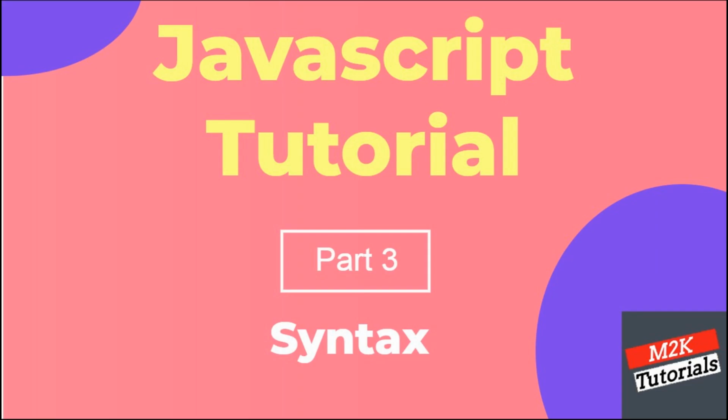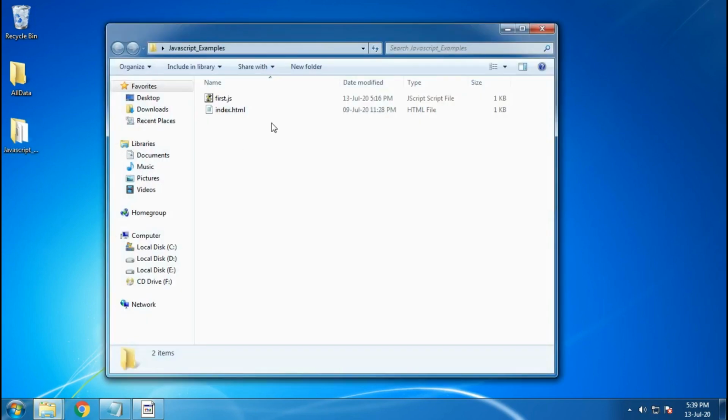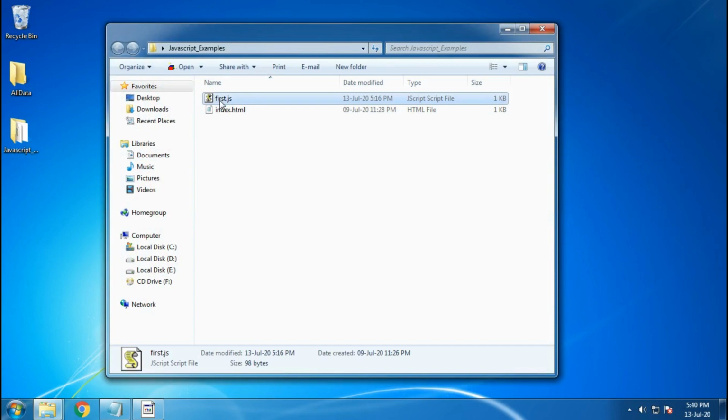Okay guys, so in this one we are again going to go over the previous example. Here in our previous tutorial we created this index.html page, and then we created one external JavaScript file.